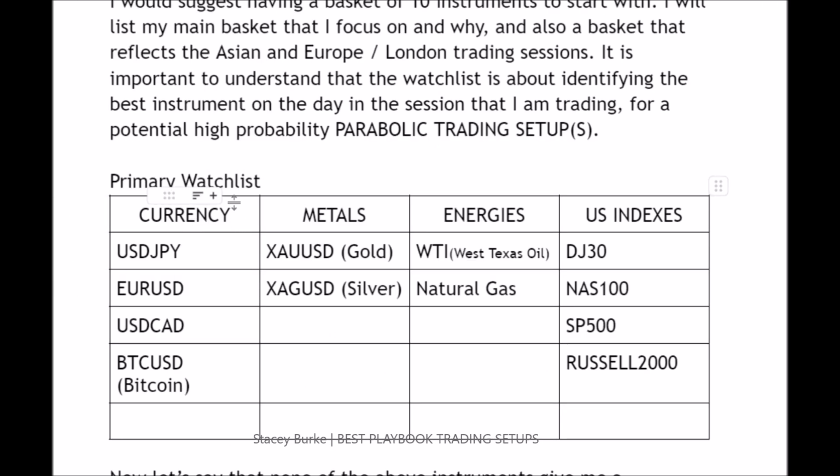So for myself, trading the US window, this is a basic instrument basket right here. The US yen, the euro, the Canadian dollar, and Bitcoin. In metals, I can have gold and silver, West Texas oil and natural gas for my energies, and the indexes, the 4 major US indexes. That's enough instruments to just look for one opportunity, whether it's a nail and bail on the front side of